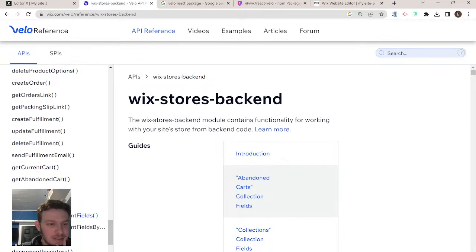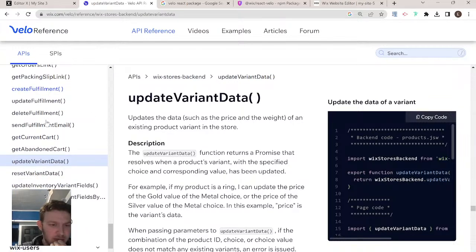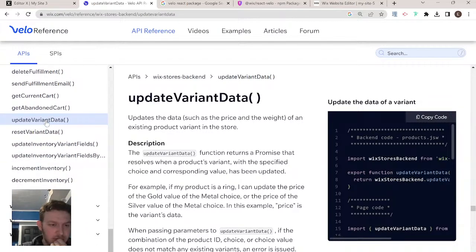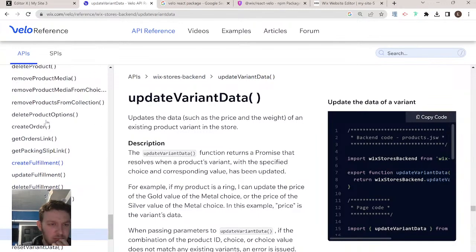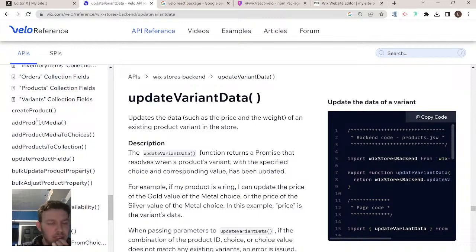Let's see, update variant data. What does that do? Data is a price weight of an existing variant. Okay, so that's for an existing variant. Yeah, I don't see it right now,